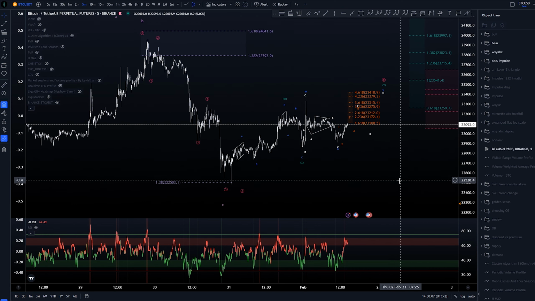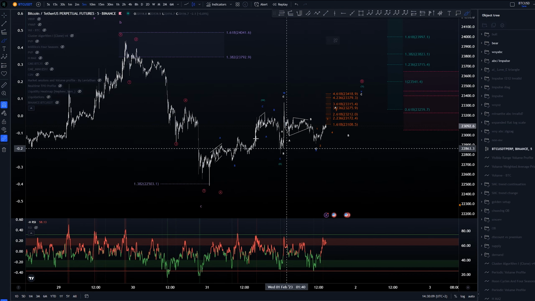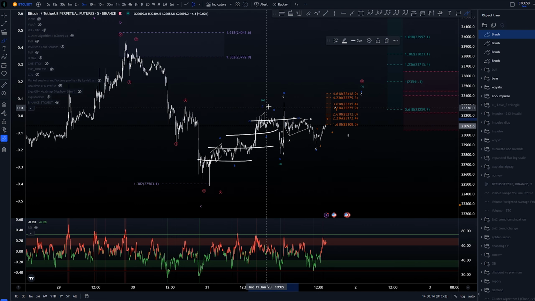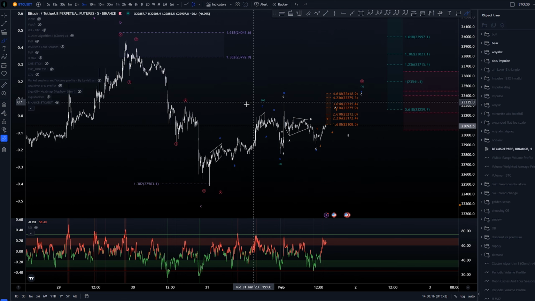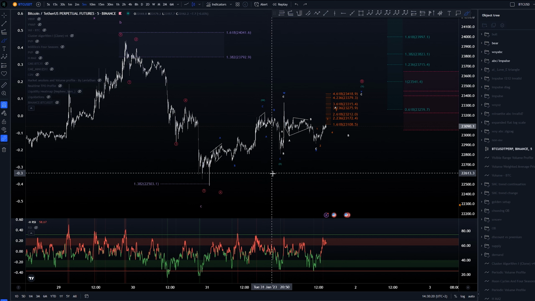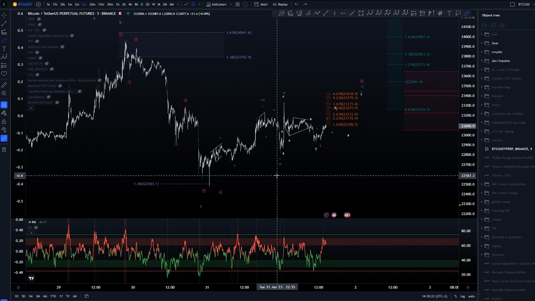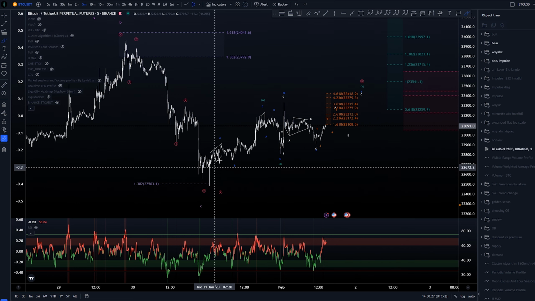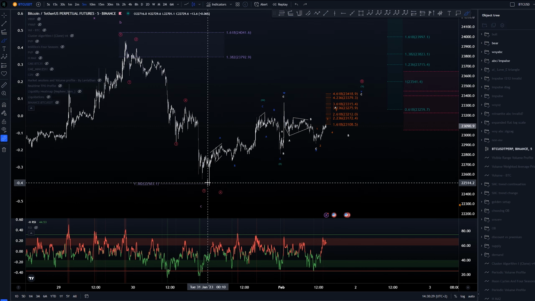Overall, what I got currently here, even without looking at the Elliott wave count, we can see a lot of overlapping structures. What this means generally is that this is more likely to be some kind of corrective structure and not a multi-wave structure. So we can be labeling this in a couple of ways, but I think the highs here look decent.